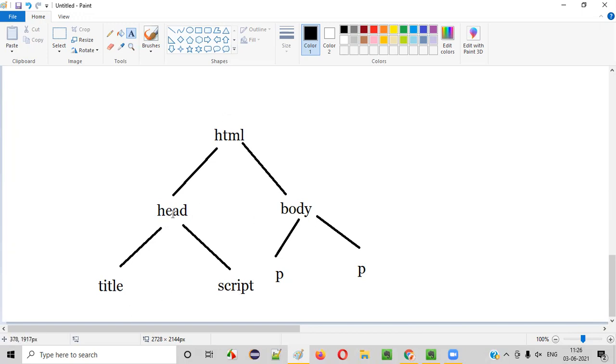Title and script are the children of the head. These two p tags are the children of the body. Head and body are siblings, meaning brother and sister of each other at the same level. Title and script are siblings, and the two paragraph tags are siblings. Parent, child, grandparent, grandchild, then siblings: these are all the things you have to remember.